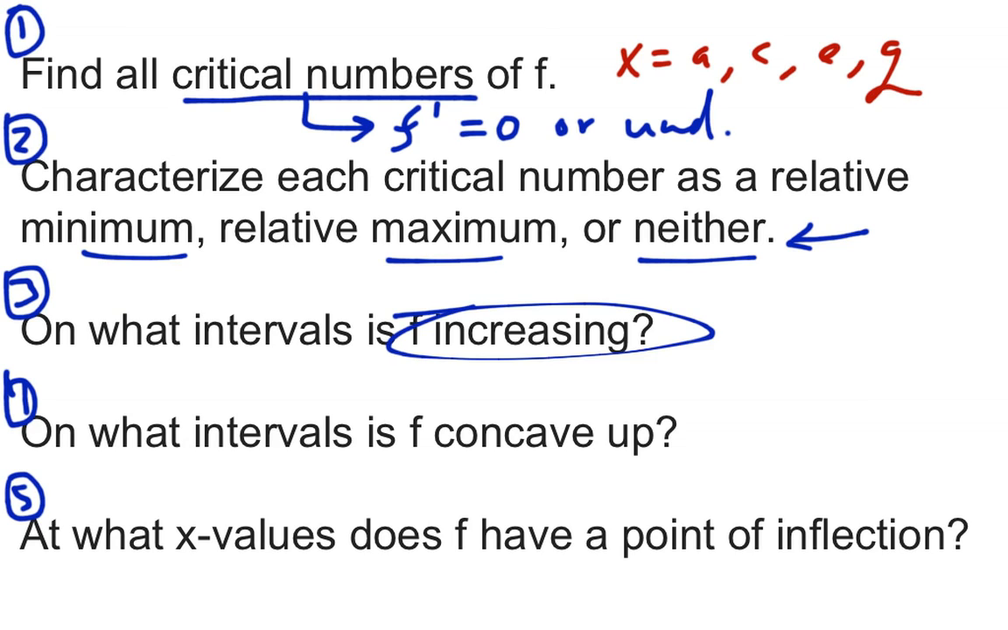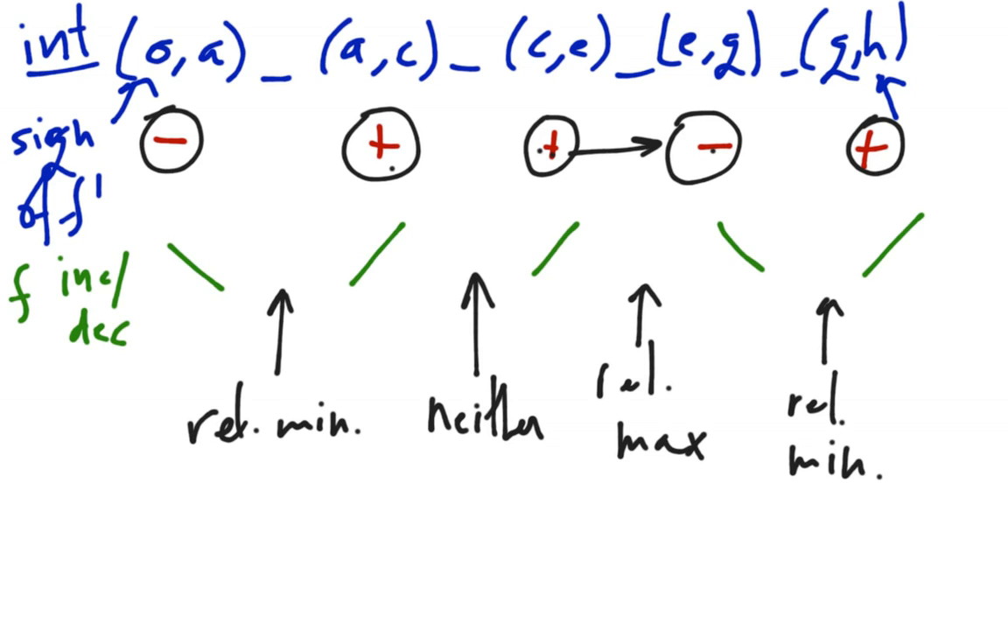On what intervals is f increasing? Vocab time. Remember, if f is increasing, this simply means that f prime is bigger than 0. So, back over here. The intervals on which f prime is bigger than 0 are, we'll do this in green, a to c, c to e,